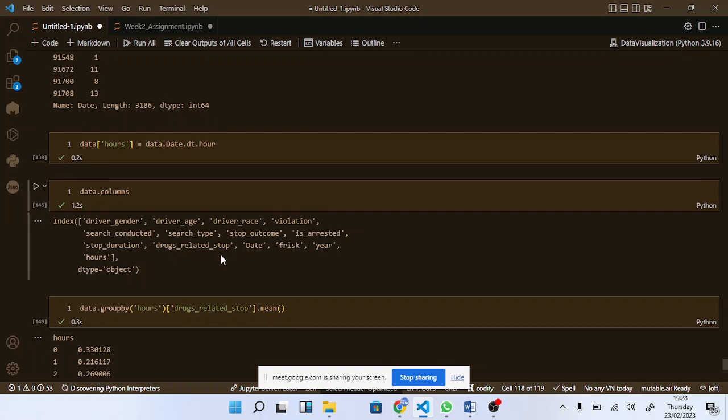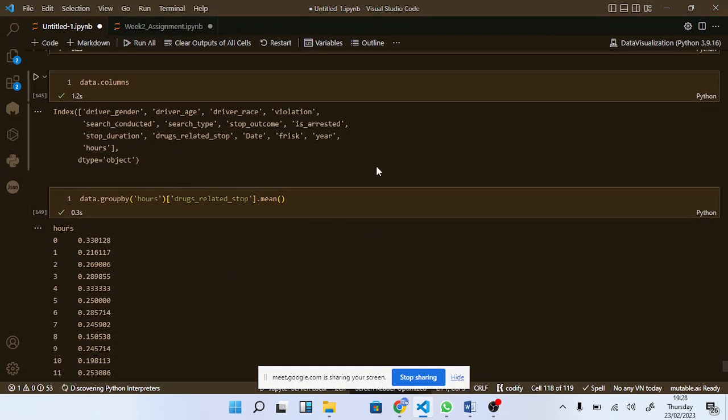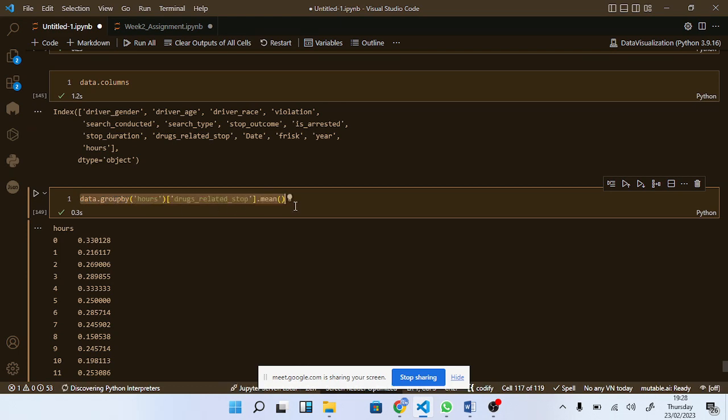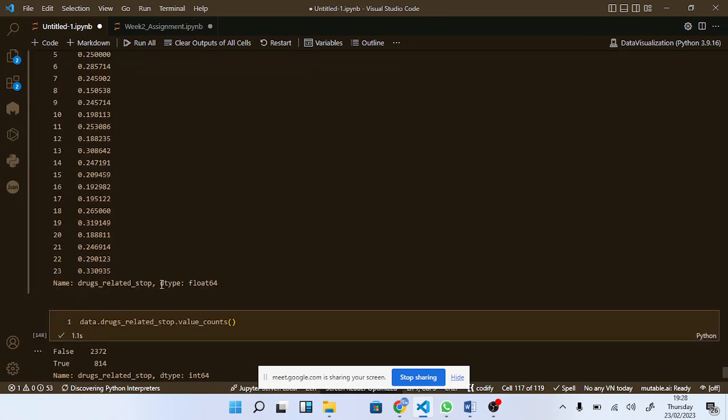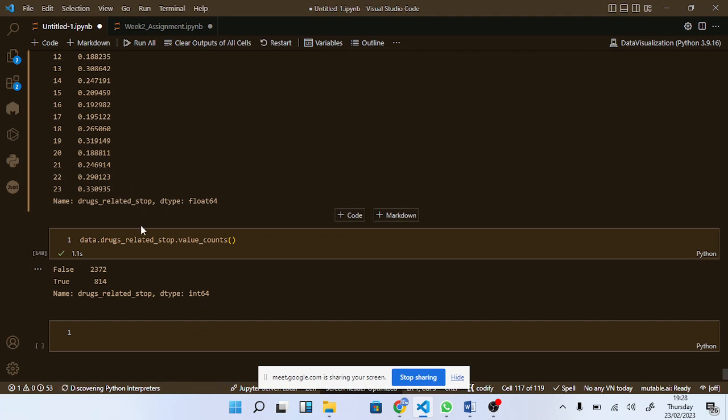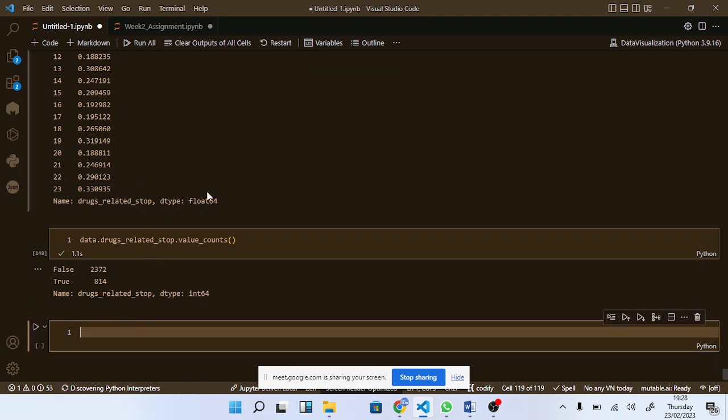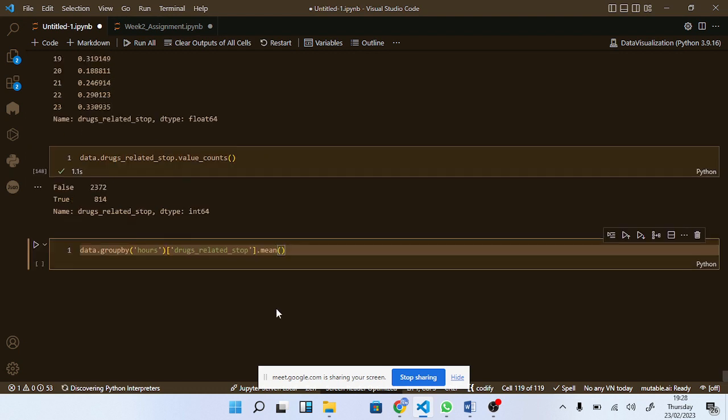the same result. Now this result of mine is not really clear, because when you just display these numbers, someone who doesn't like numbers will find it difficult. So I can just say dot plot, and then inside here I will say kind, same as to